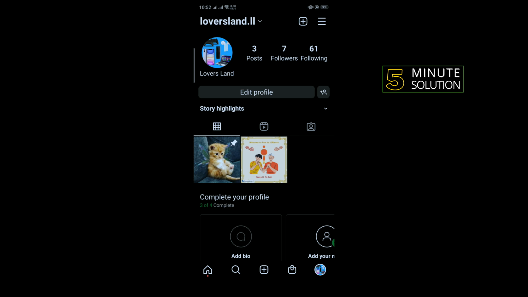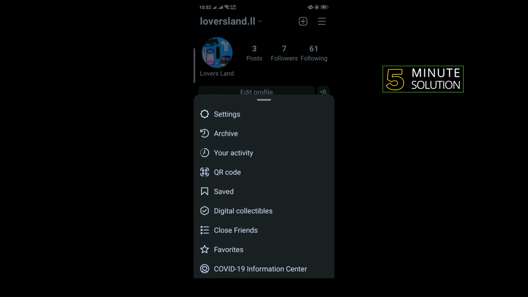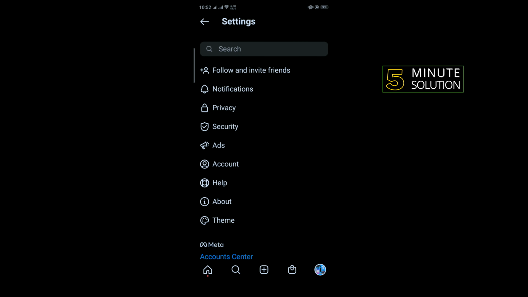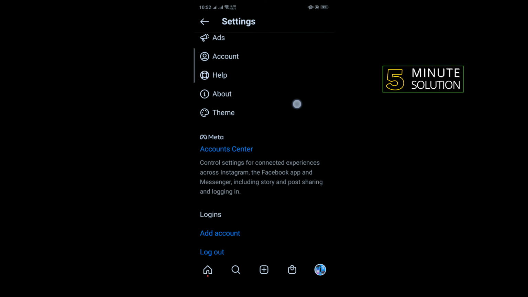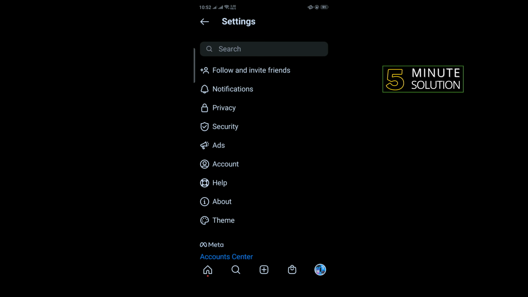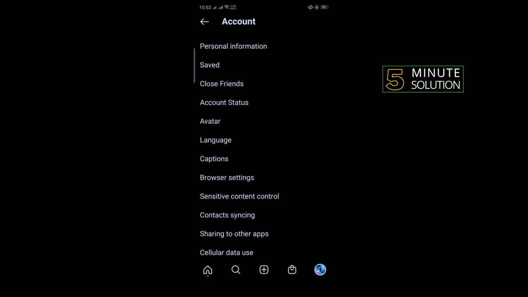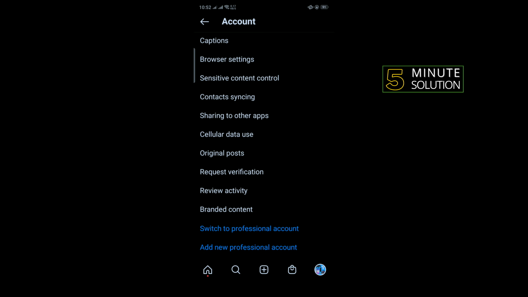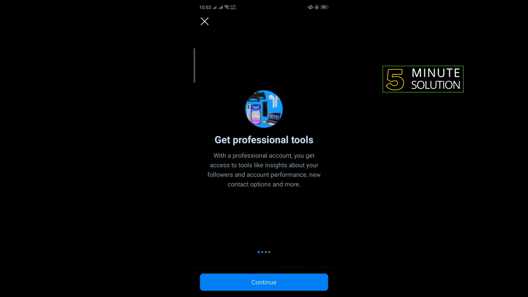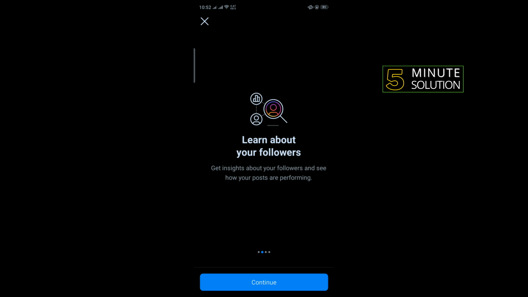So first of all, launch your Instagram app and open your profile and tap on this three-line icon to the top right corner and tap on settings. Scroll down, tap on account, scroll down and tap on switch to professional account, tap on continue,